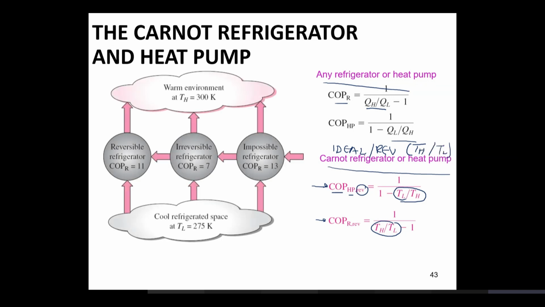Again, coefficient of performance for a refrigerator operating between 300 Kelvin and 275 Kelvin. A reversible refrigerator could have the coefficient of performance of 11. An irreversible refrigerator would have less than 11, and an impossible refrigerator would have the coefficient of performance of 13. Now,